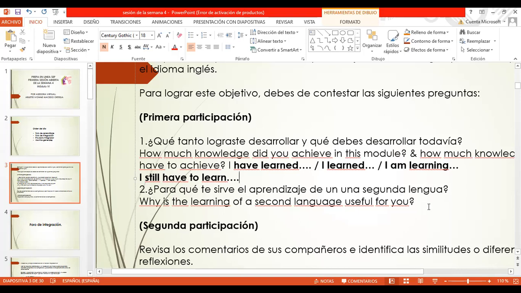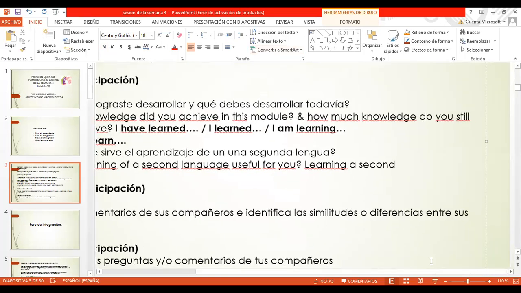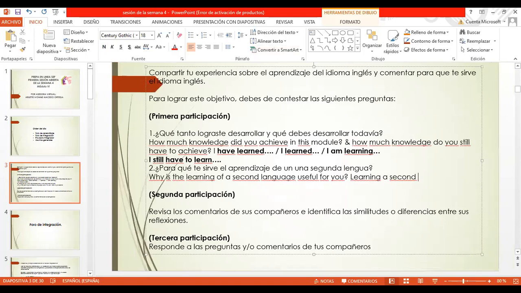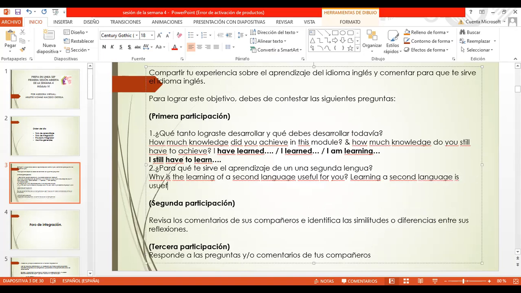¿Para qué te sirve el aprendizaje de una segunda lengua? Why is the learning of a second language useful for you? So remember that when we are asked with a question word why, we answer with because. So you can say, learning a second language is useful for me because learning a second language, or learning English as you want, second language. Learning a second language is useful for me because,